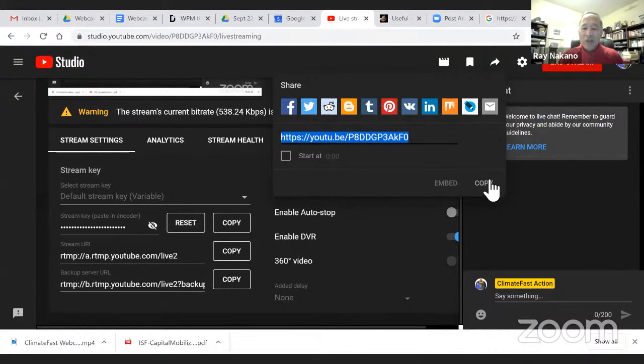So, but again, you have a copy button here. You click on that, it copies it to your clipboard, and that's what you're going to put into your Zoom session. So I'll mention this button up here. So if I were to press this end stream button right now, that would be the end of the recording, and might make a lot of people unhappy, including myself. So you want to be very careful when you're working in this area, okay? And you'll notice that the share arrow for the 3rd parameter is so close to this end stream button.